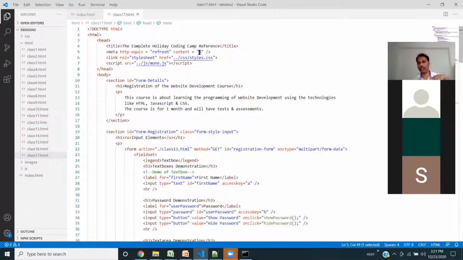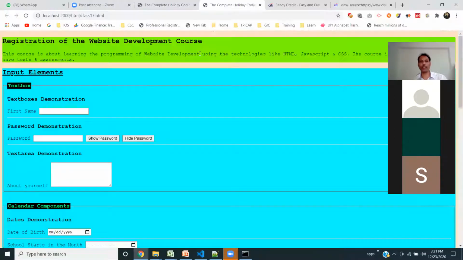So once it refreshes, you can count how many seconds it takes. Let's try: 1, 2, 3, 4, 5. See, every 5 seconds it gets refreshed. So that's the logic actually. That's one of the important things,